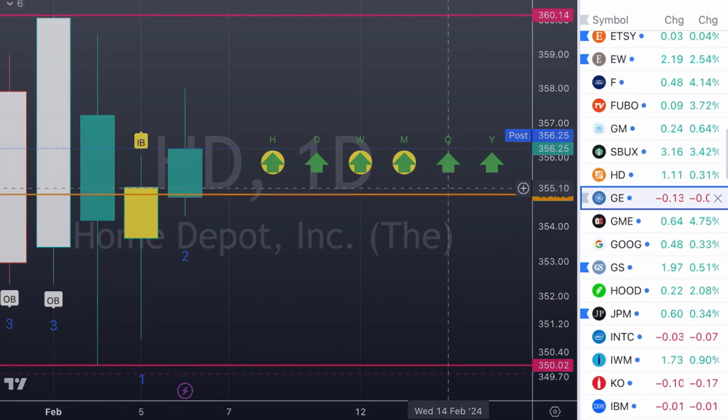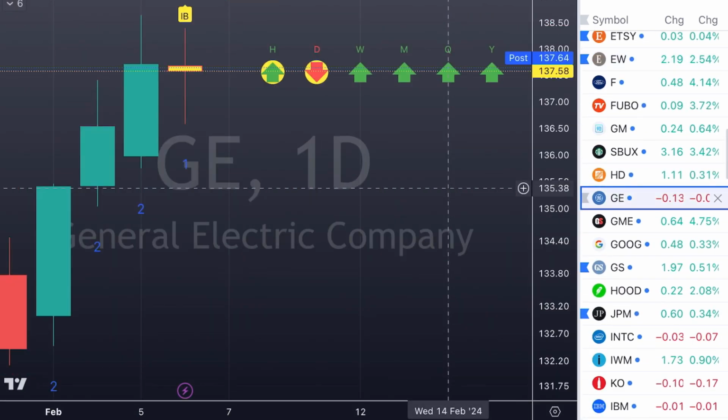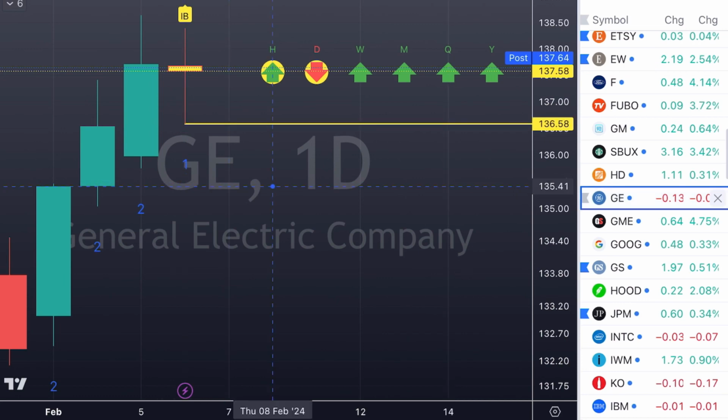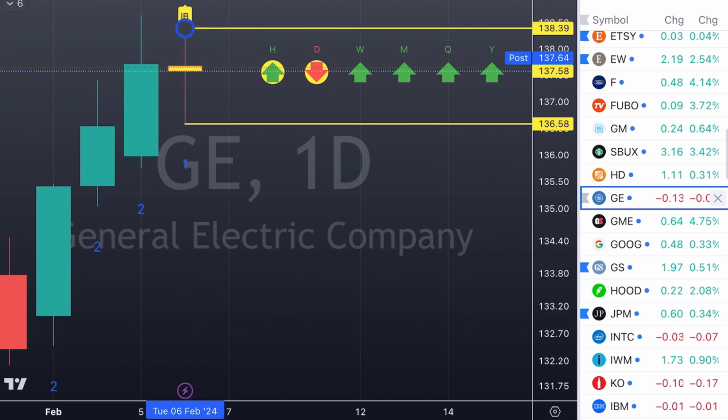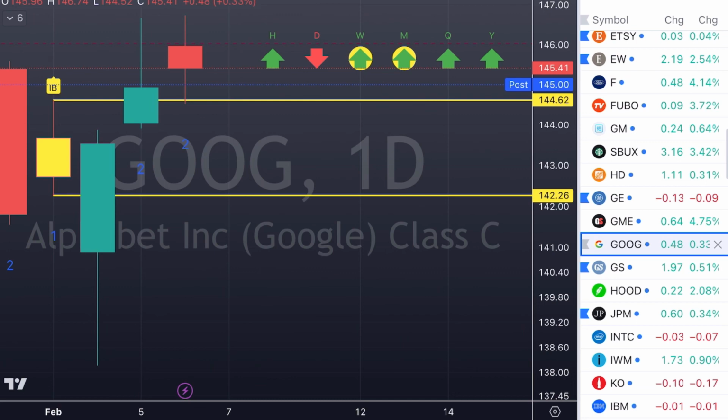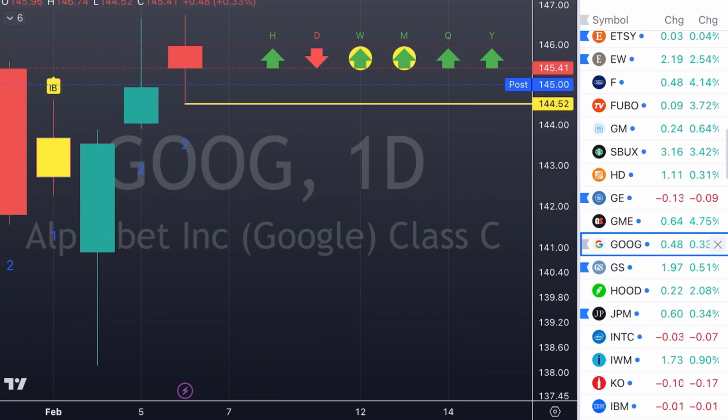Okay, Home Depot, not something I normally give out because of the cost and the spread. Here's GE. Okay, GE, inside bar. We just mark it out. And there we go. We're set up. Okay, we go to Google. Google has a 2-up that finished red. We're marked out already. Okay, look for a downturn on Google.